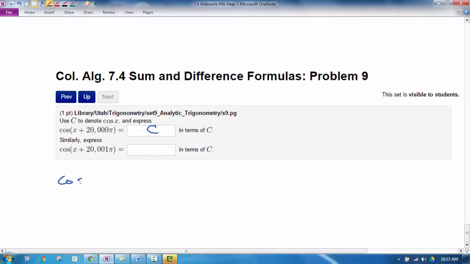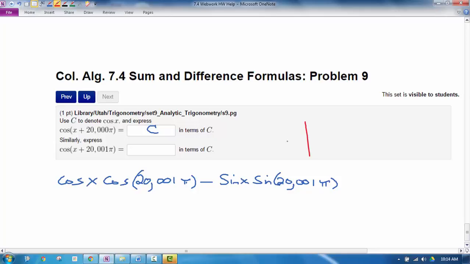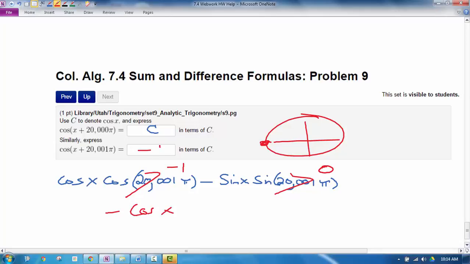Now the second one's the same thing. Fill out the cosine formula, right off your formula sheet, and then simplify. So the cosine of, now if we're talking about an odd number of pi's, we're over here. So the cosine at that value is -1, and the sine of that is still 0. So it just turns into negative cosine of x, or negative c. All right, I hope this